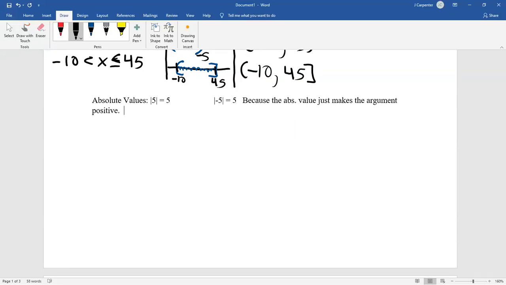This doesn't mean that every single number that has an absolute value, the answer would be negative though. There can be problems with absolute values that have answers that are negative. So be careful. Things like if I had negative absolute value of -5,